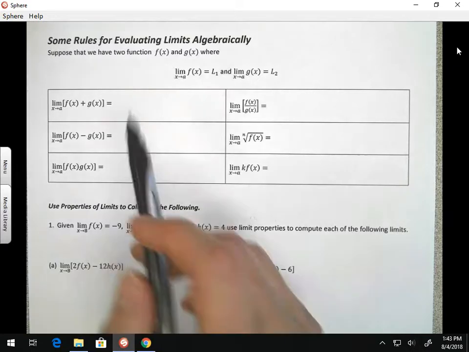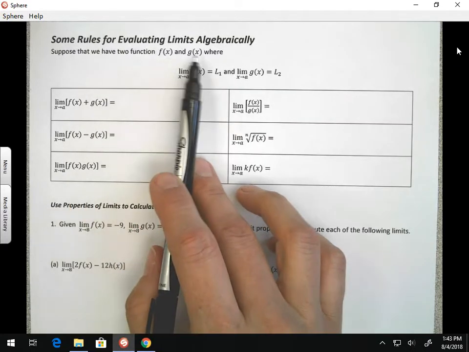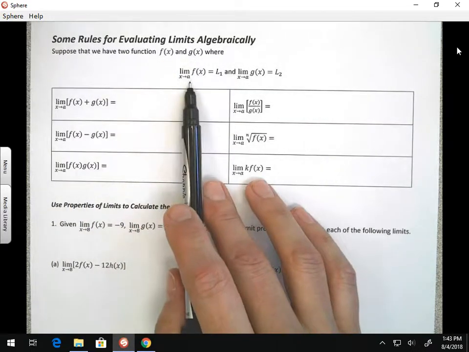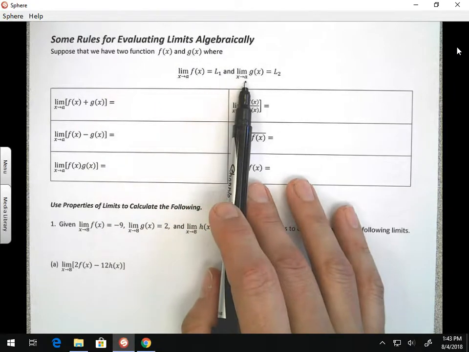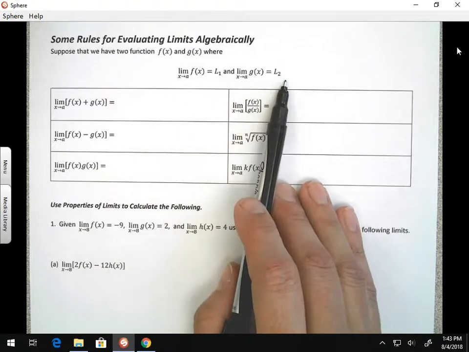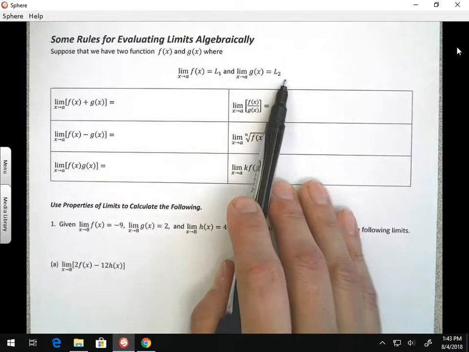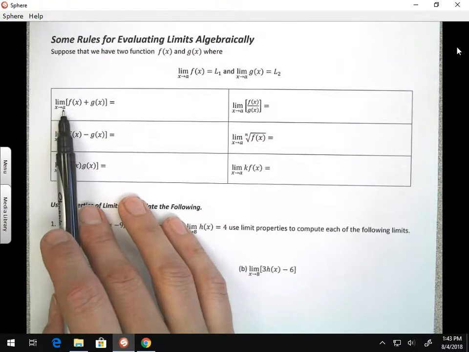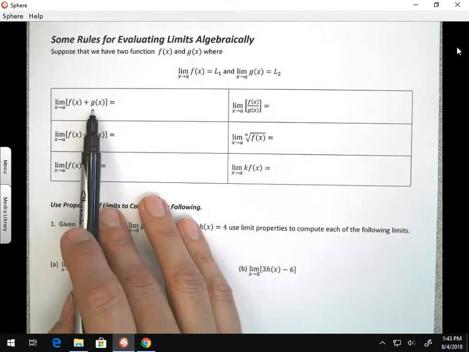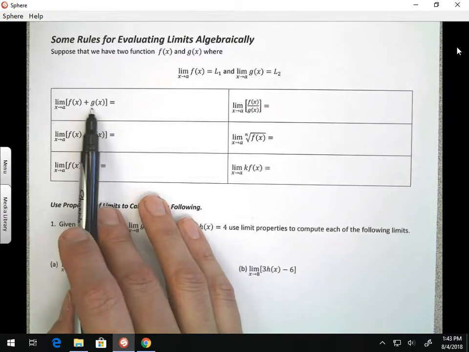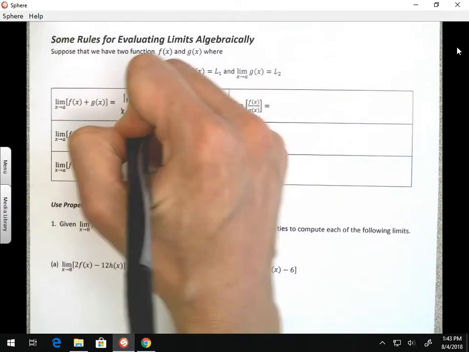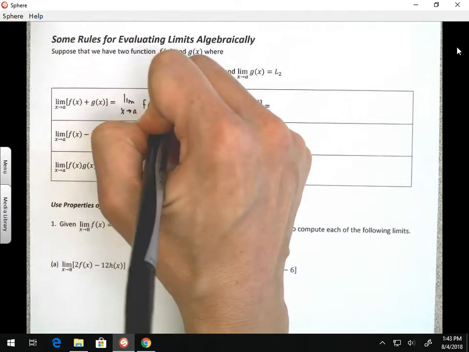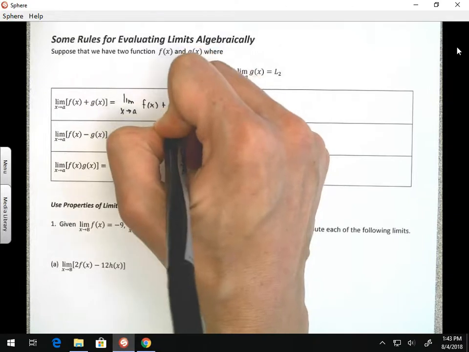So let's say that we have two functions, f of x and g of x, where we know that the limit as x approaches a of f of x is L1, and the limit as x approaches a of g of x is L2. Now, my first property says that if I'm taking the limit of a sum, that's the same thing as adding the limits. In other words, this is going to be the same as the limit as x approaches a of f of x plus